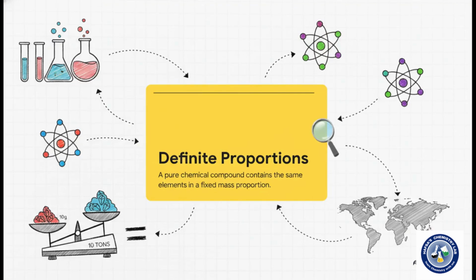Consider this the absolute unbreakable law of the laboratory. It's our baseline assumption that dictates every single thing we do in quantitative chemical analysis. Here's the strict definition. A pure chemical compound always contains the exact same elements combined in the same fixed proportion by mass. Period. It totally doesn't matter where you sourced the sample, how you synthesized it, or how much of it is sitting there on your bench right now. Whether you have 10 grams or 10 tons, that internal mass ratio is absolutely locked in.